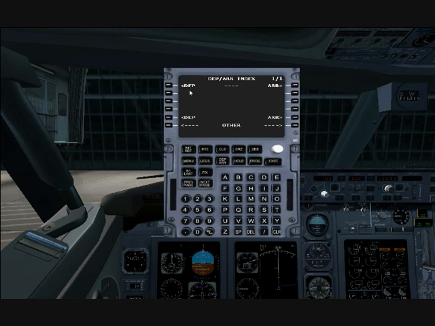So that we have, for example, for departure, oh, we can't show right now because the FMC is not configured, but I will come back to this page and I will show you what I'm talking about. So going back to the N1 limit, this is going to be used,